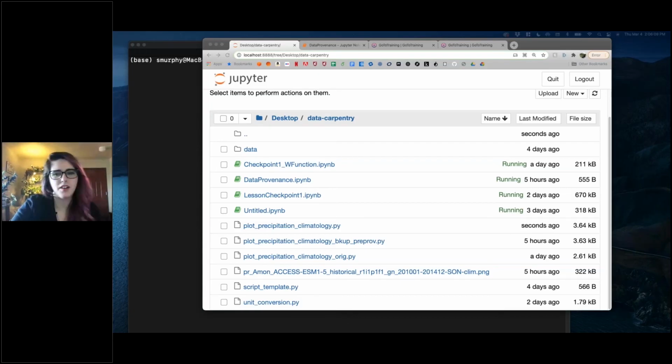Okay, so this section we're going to talk about data provenance. And so this is essentially the history of what you're working with. So we have history in the files that we've been using, and now what we're going to do is work to create history within the figure that we've created. So there are some command line tools which insert a record from the command line, and those were used when these files that we've been working with were